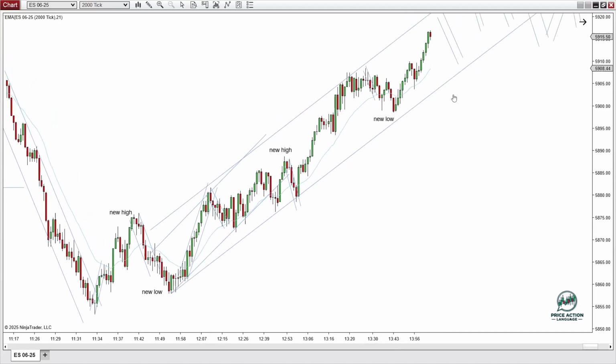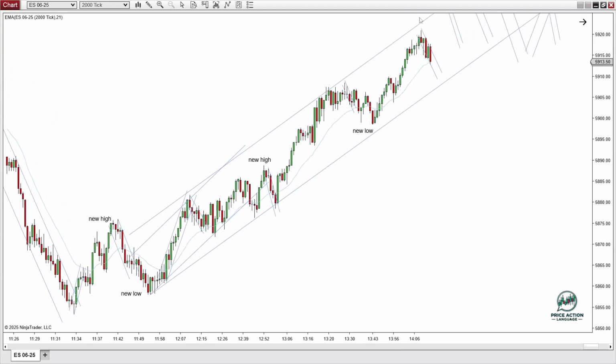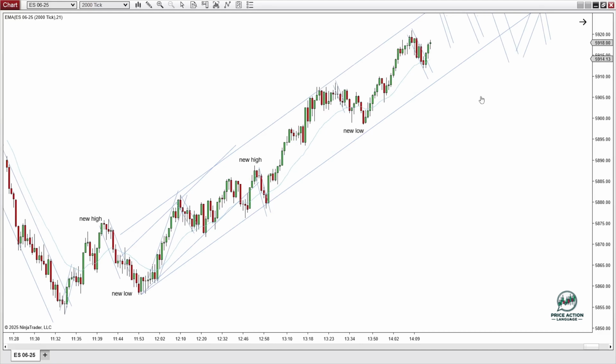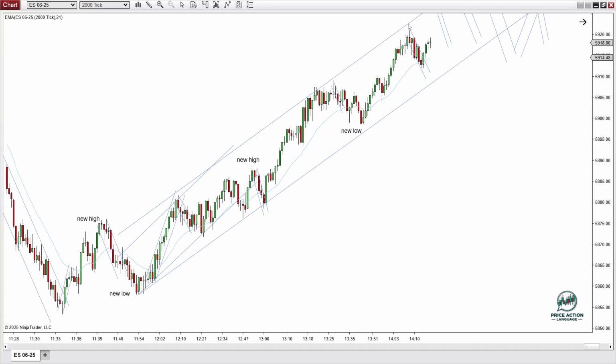So I'm still looking for a second entry long at this point. Second entry long would be a great setup. You get a first entry long, pullback. There's no trigger above higher for a second entry long. You get the second entry long here, but the downtrend is in play. So I can't take it. I was looking for some higher low,